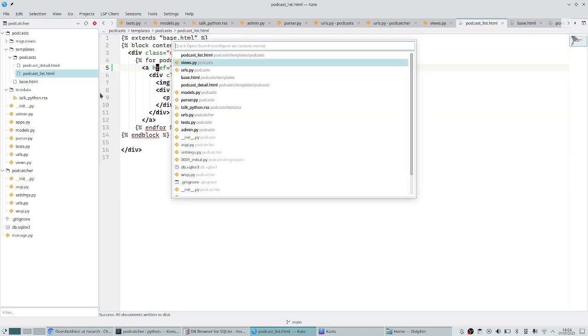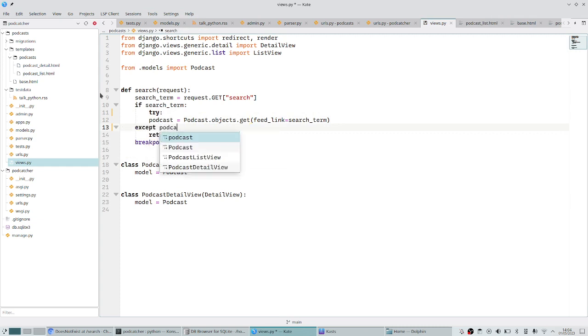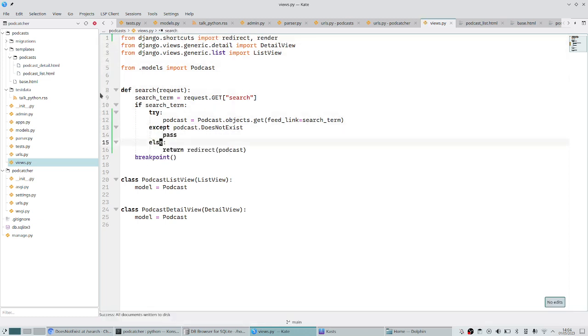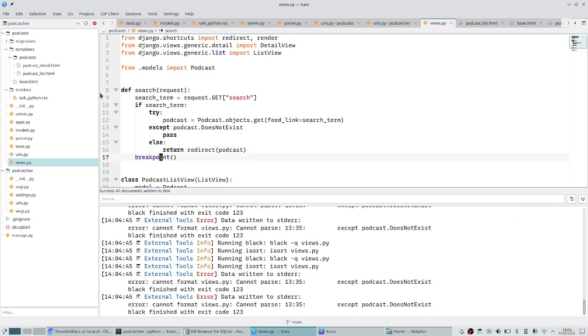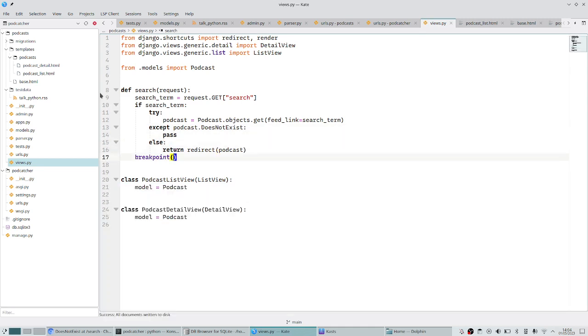So maybe inside our views, we can say try except Podcast.DoesNotExist, and then else we only want to return if we don't hit an exception. If we do hit an exception, then I guess we can just continue and say that no results have been found. It's complaining about a syntax error there. And then maybe we just want to return a default template. So let's return render request, search.html, with the search term going to be,